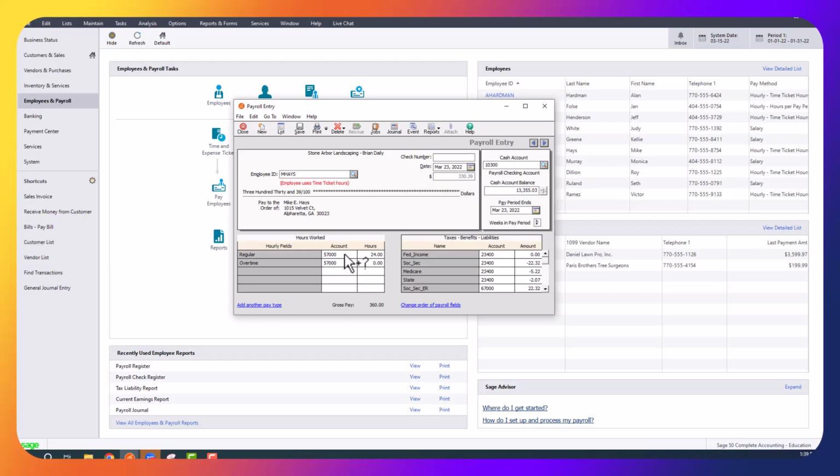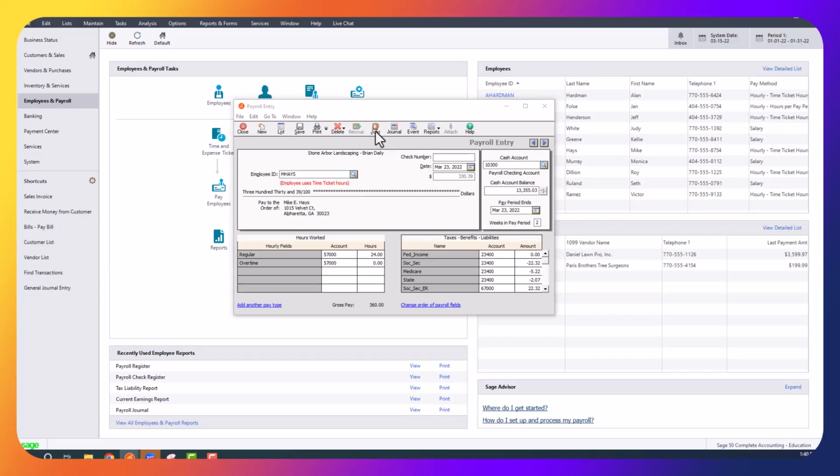2022. And once we do that, you should see a total of 24 hours appearing on screen. You're going to have a net pay that equals the amount that you see here, $330.39. Normally we would manually enter the check number, but the book doesn't provide one, so we're going to ignore that. If I want to see the 24 hours and what Mike Hayes was doing, I can click on the